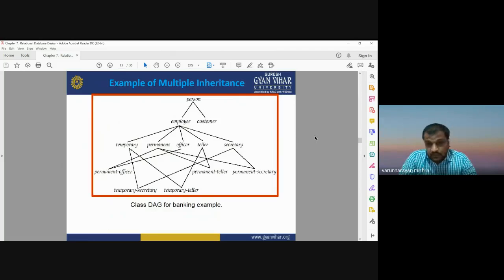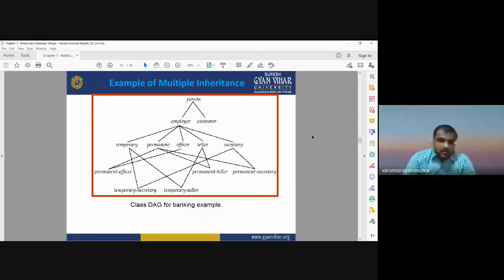If it is an employee, then there are different questions. Is he temporary or permanent? If he is temporary, then under which department he is working, secretary or tailor. If he is permanent, then under which officer or which department he is working as a permanent employee. So you can see it's a kind of hierarchy. We have started from the person, and at last we can have the entire information about the person as an employee or as a customer. So this is the example of multiple inheritance.